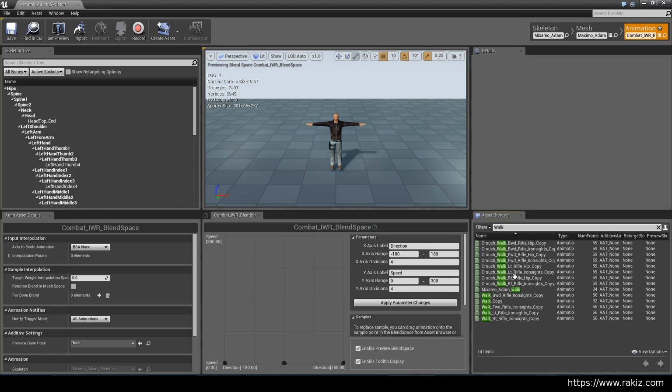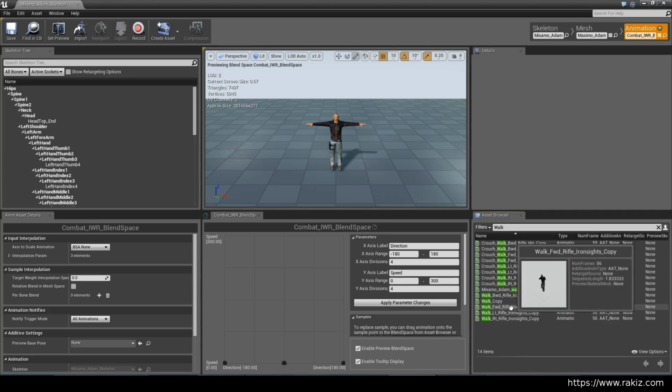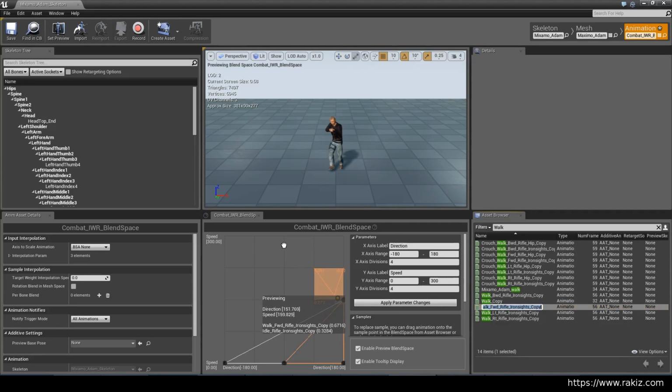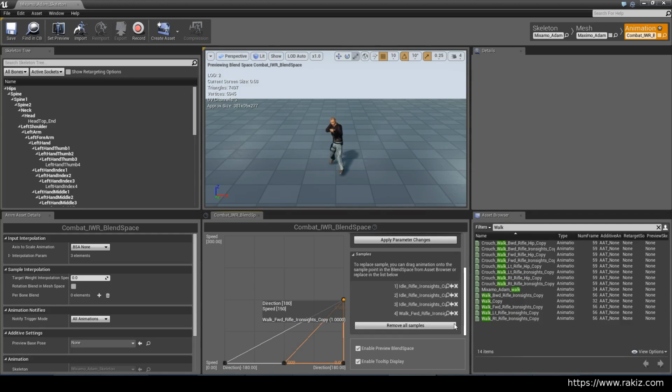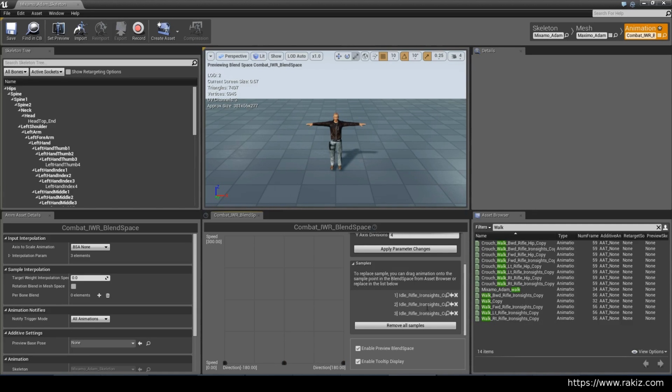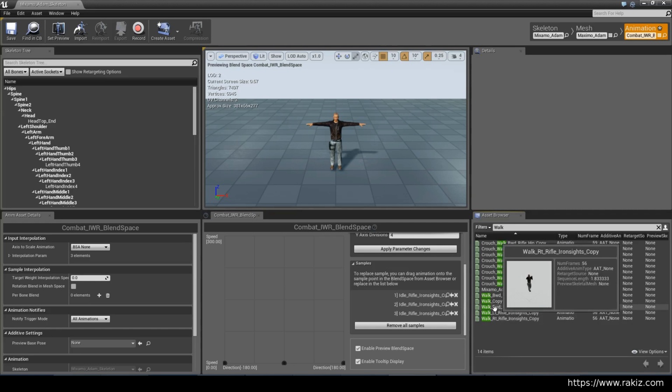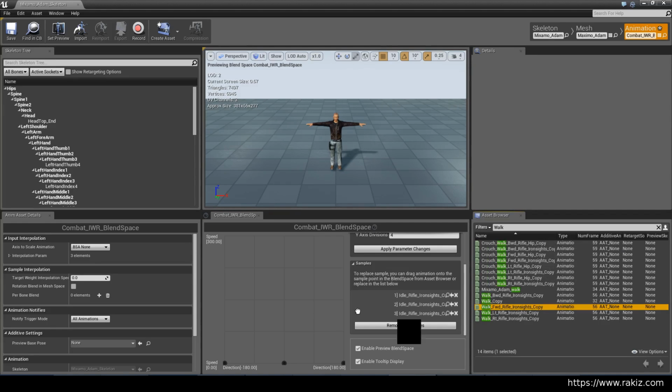and then we can use walk. Okay, walk forward iron sights copy, and that's the wrong place for it, misclicked. Okay, so just scroll down and delete walk forward rifle iron sights. You can update the animations from this list if you need to. So walk forward will be going here,